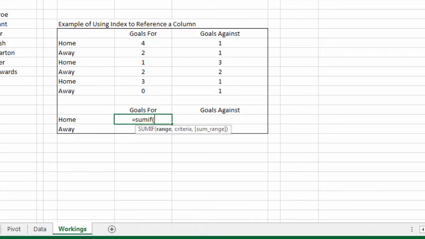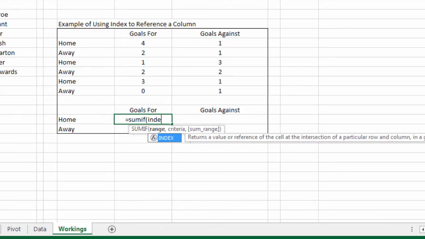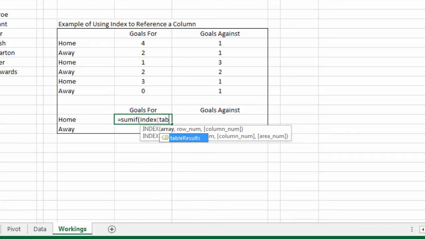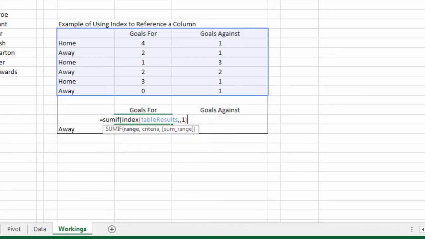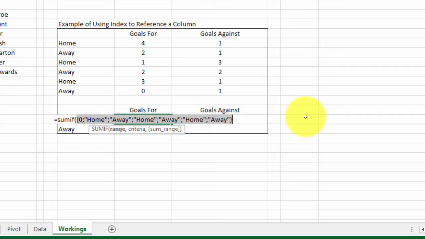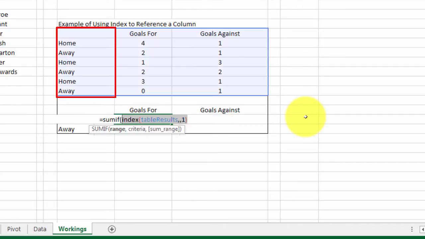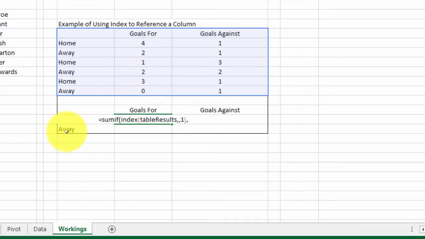So I'm going to do SUMIF. What's the range that I'm looking at? My range is column 1 of the database. So I'm looking in column 1 of the database. If I hit F9, I can see all the values in column 1 of that database. If that equals home,